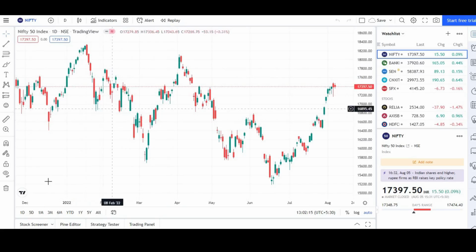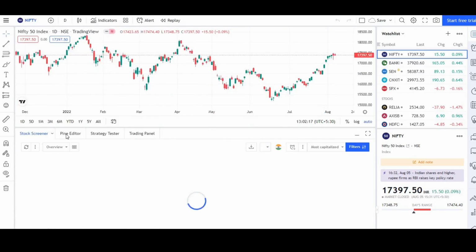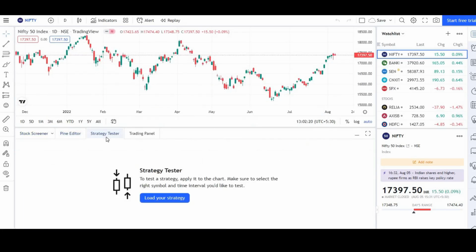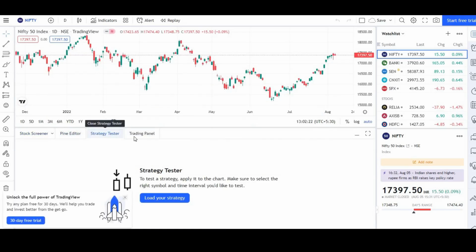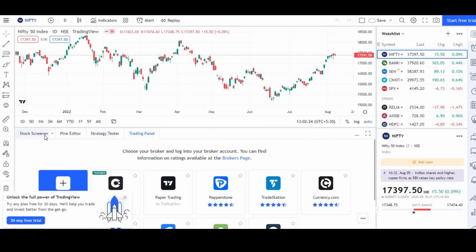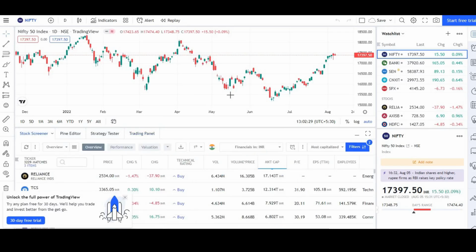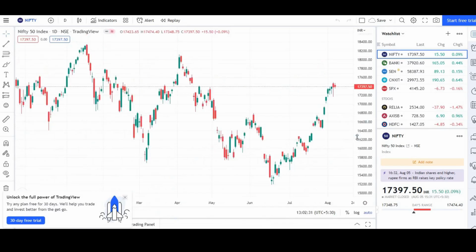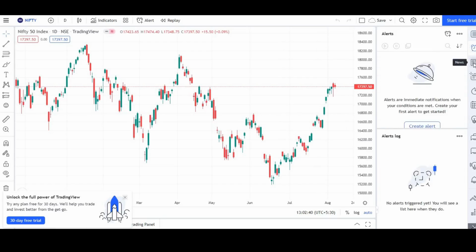So it has a lot of different features. It has a stock screener, it has a Pine editor, it has a strategy tester. You can test your own trading strategies. It also has a good trading panel, so you can directly trade from here with your broker, if your broker is tied up with TradingView, of course. And you can also access the watch list. You can also access all the news and all the different alerts and things like that from this particular trading